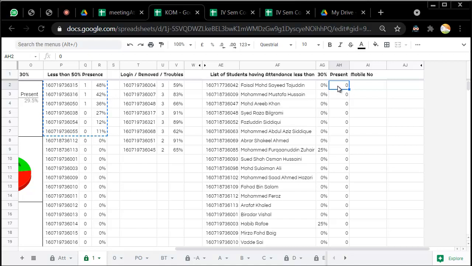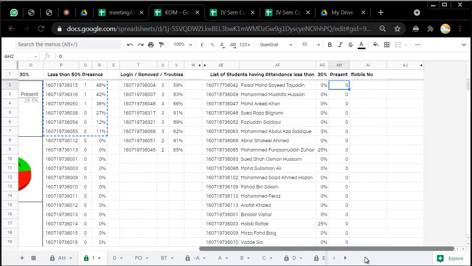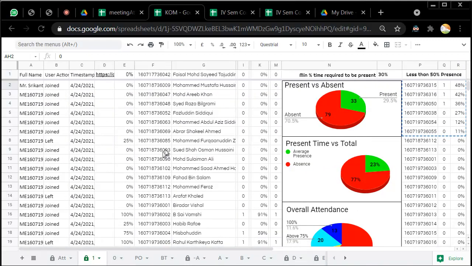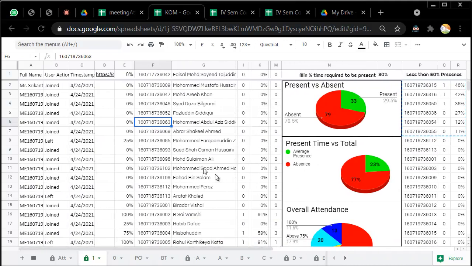So because that particular student is present for the class, we may call out his or her name in the class itself and try to find out what the problem is that the student is facing. So all these kind of analysis is present in each of the faculty's file. Now this data will not be accessible to all the mentors, and the faculty themselves would have to do this in order to improve the overall attendance of the student.